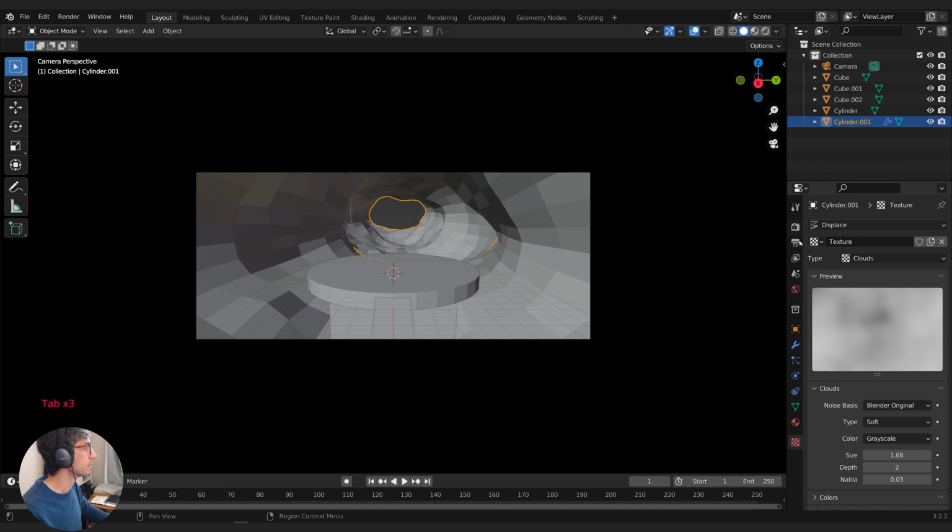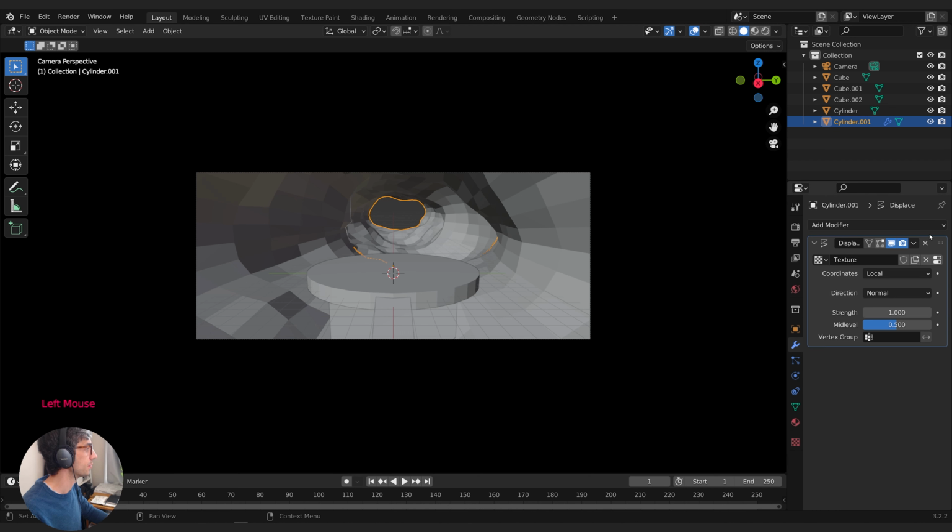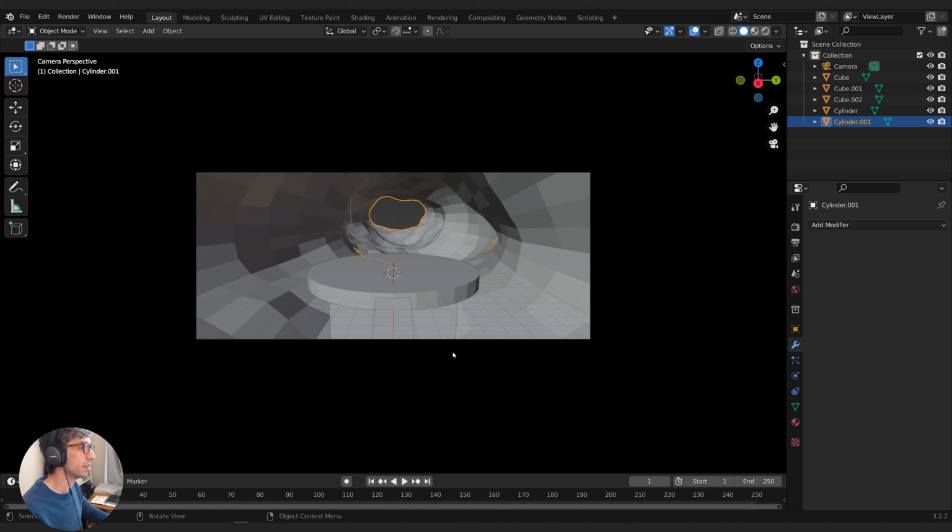So I'm going to come over to the displacement and I'm going to apply it. So I'm going to come right to this little drop down and click apply. So now I've got everything sort of as mesh. There's no modifiers at play in this at all. So I'm also going to right click and shade smooth. What we're going to do now is we're going to take this and we're going to sculpt some rock into